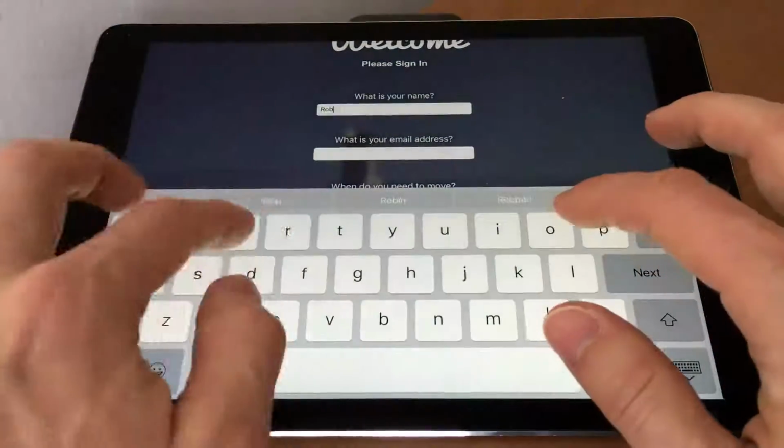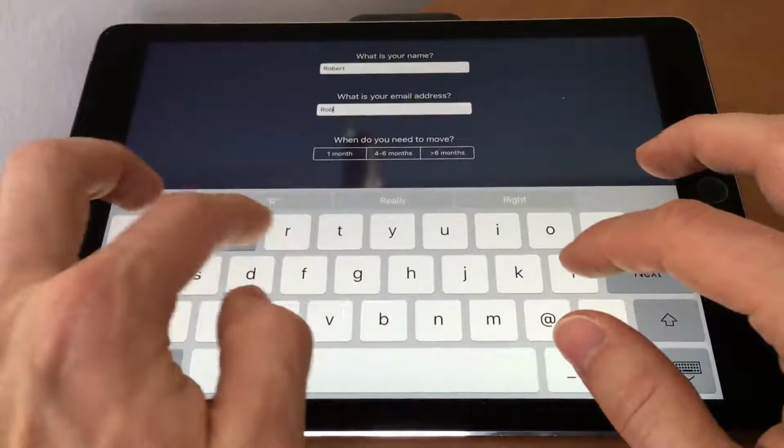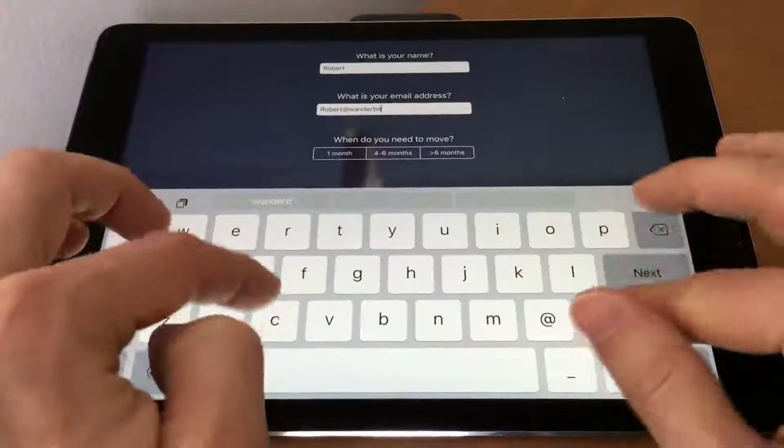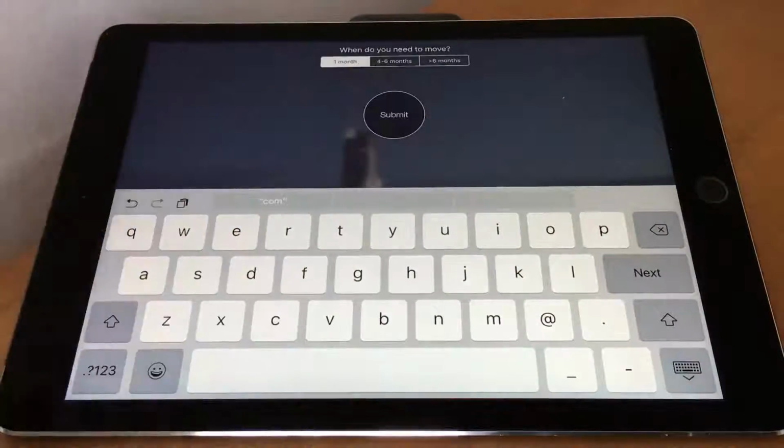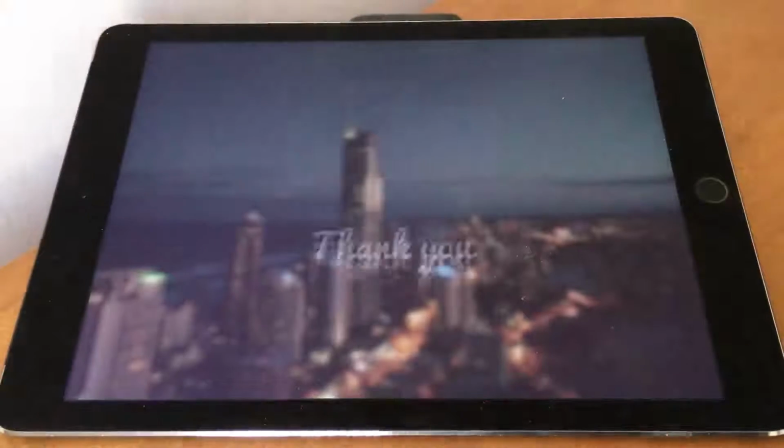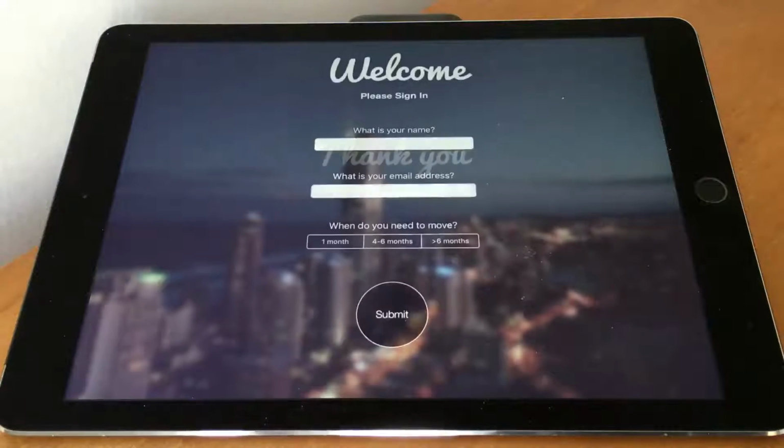My name is Robert, and my email address is robert@wanderbit, and I'm going to say that I need to move in 1 month. And then all this information goes into a table in the app that the real estate agent can look at